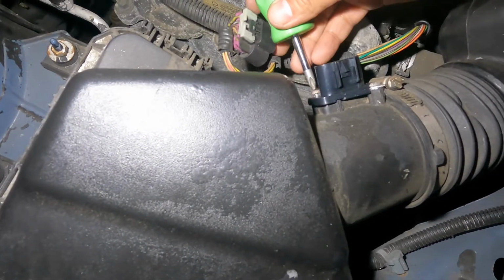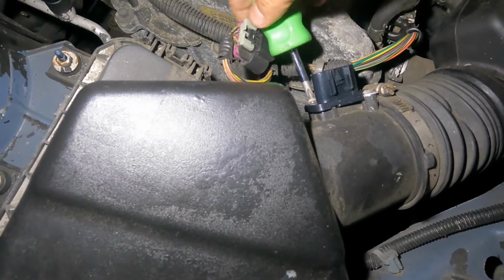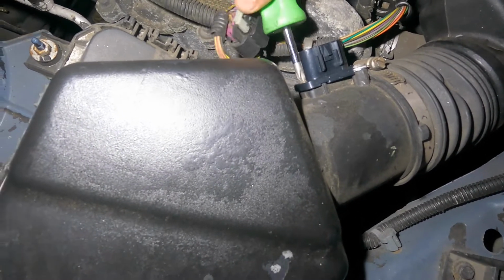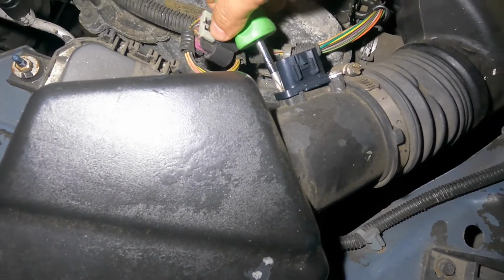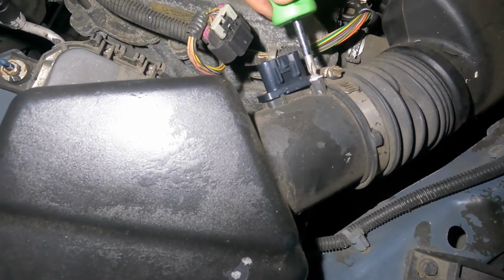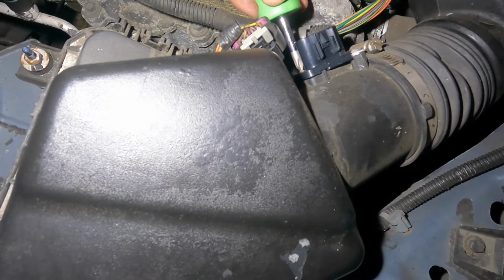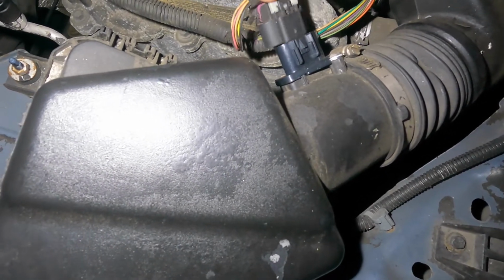So this car started very, very late because this controls gas, okay? If this thing gives a signal that there's nothing there, there's no air there, why would I want it to shoot in the gas, okay? So there we have it. Nice and simple job here. And we're all done. Bada bing, bada boom. You take this little clip,